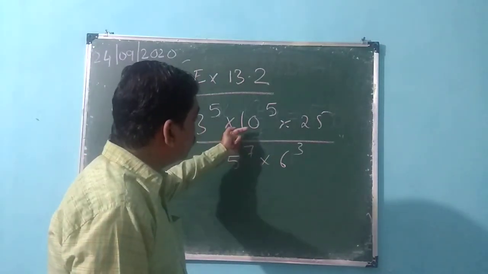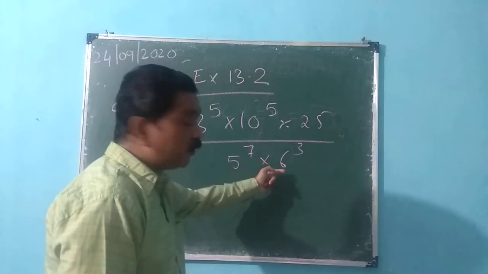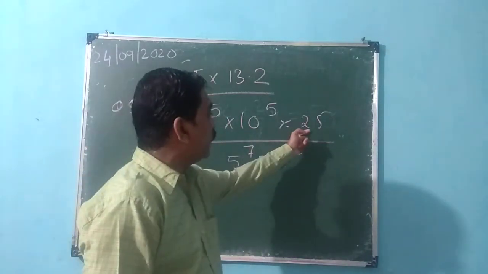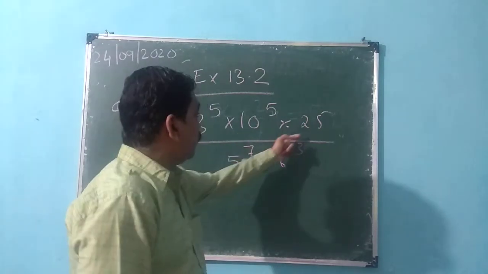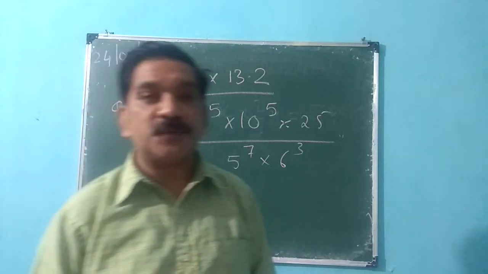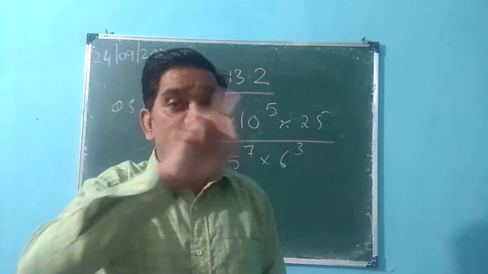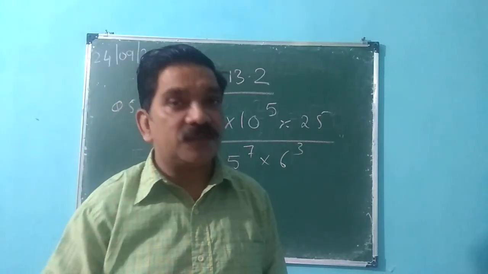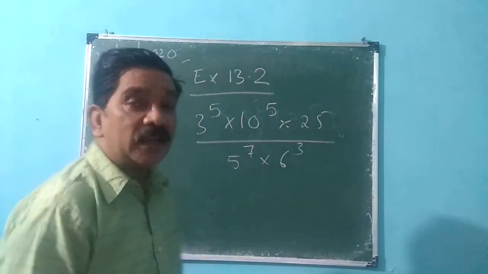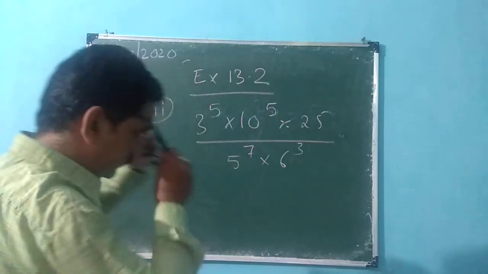Again here 2 into 5 will come, here 2 into 3. So again the bases are same. Here 5 into 5 will match with this, and with this also. As I had told you before also, in case of multiplication, exponents add, and in case of division, subtract. So we will apply this law in this question and try to get the answer.